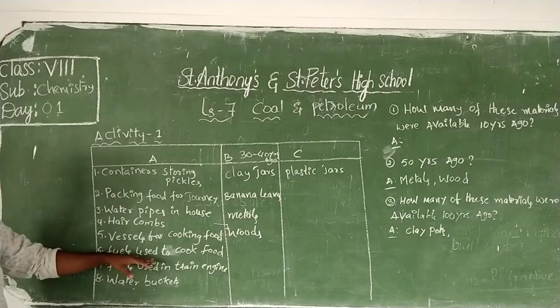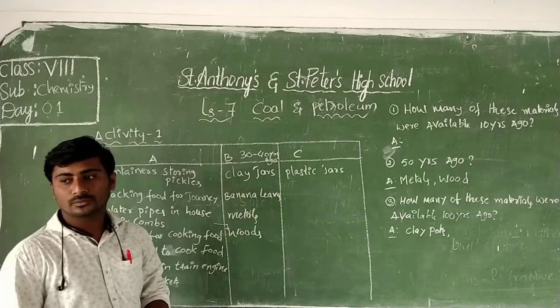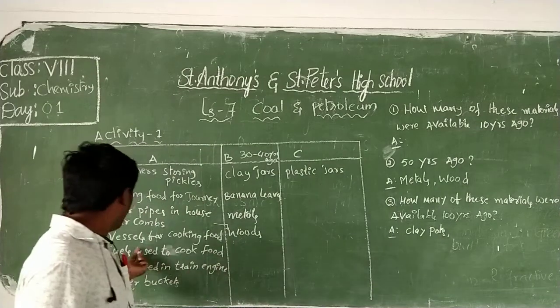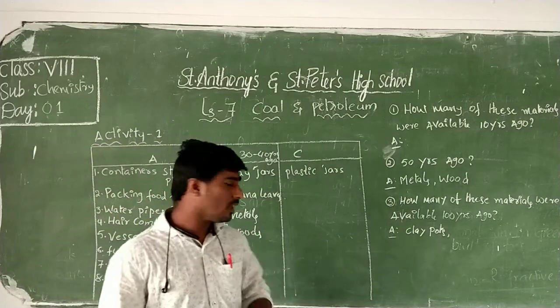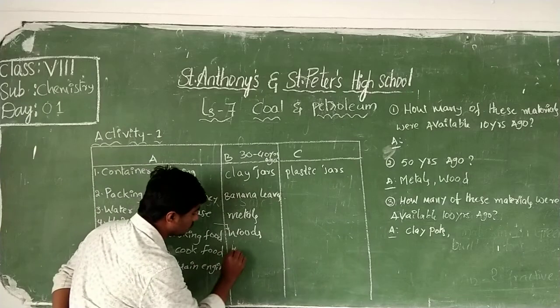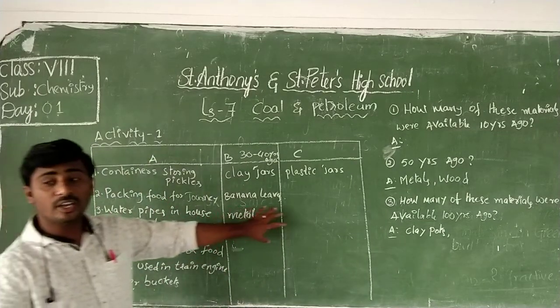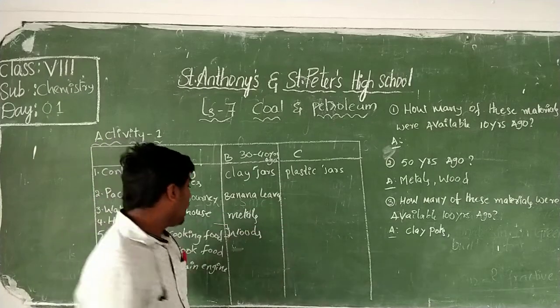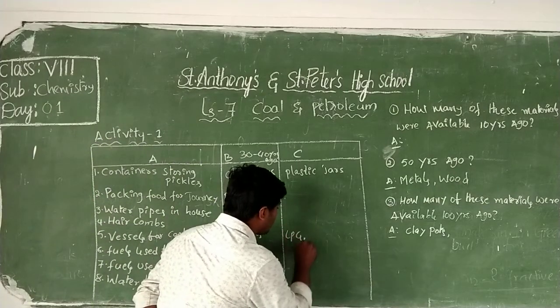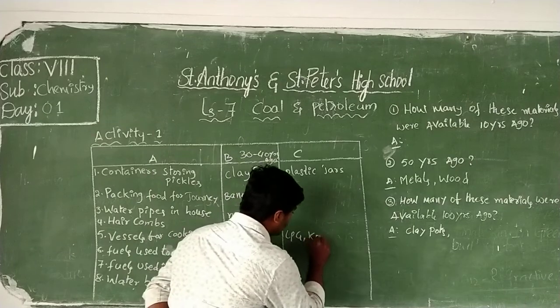Next one, fuels used to cook food. What are the fuels we use? In the olden days they used wood. They used wood to cook the food. Nowadays what are we using? We are using LPG gas, kerosene,